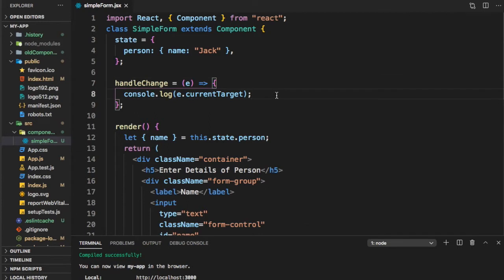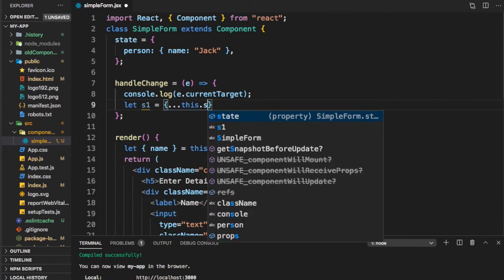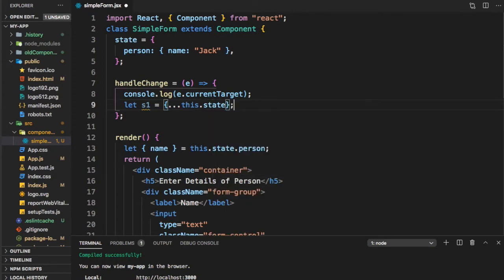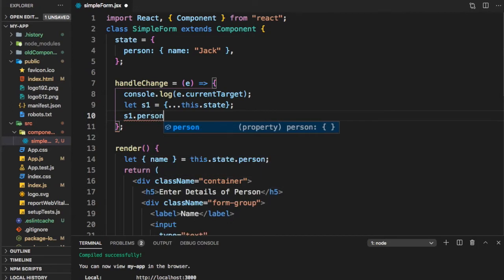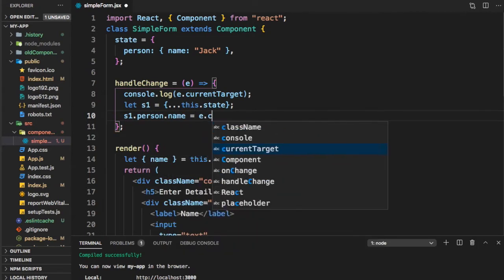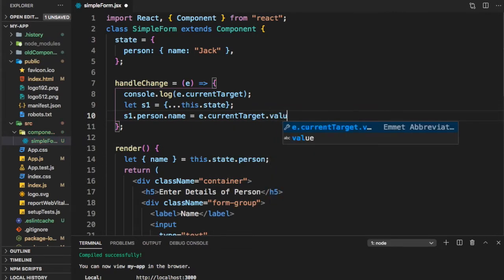We will use it to update our state. So we'll use the standard process. s1 is equal to this.state. s1.person.name is equal to e.currentTarget.value. So the value of the input field, because e.currentTarget was that text field.